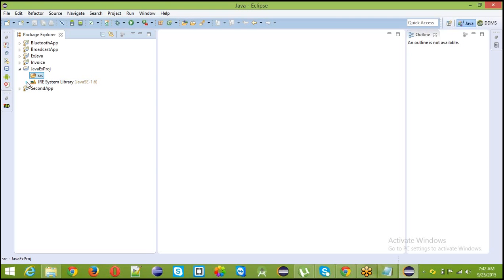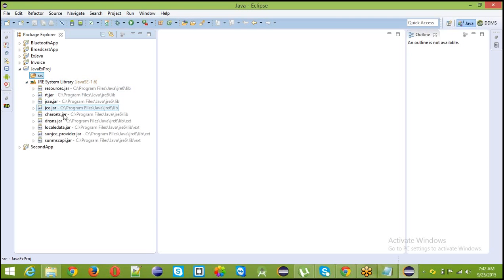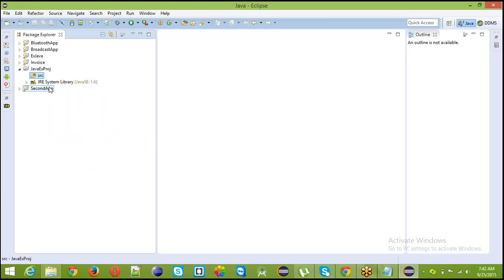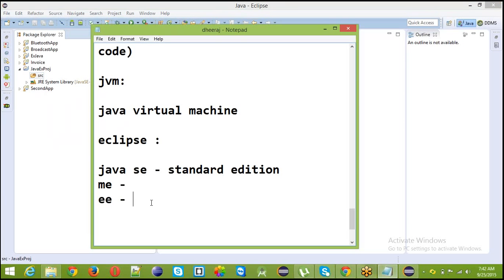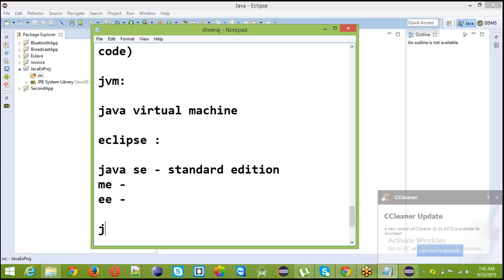If you expand this one, there are so many jar files. JAR is nothing but Java archive files. These files come with the software, so we no need to add them externally. But if you observe, this is a JRE. There are two things in Java: JDK and JRE.